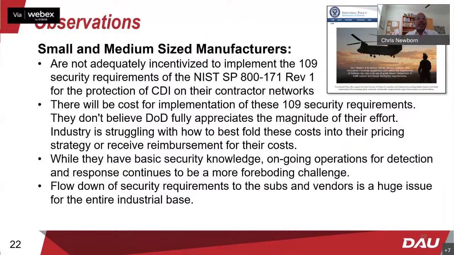I'll give you an example: a base command where they want to hire a landscaper just to cut the grass and plant the landscape. And what does the government do? They send the entire technical data package of the base to this landscaper. Then they say, oh, you've got to implement DFARS clause 252.204-7012. And the landscaper says, what the heck is that? And then they say, oh, you've got to do the guidelines too. This is way too much, and it's an expectation where they're going to fail.